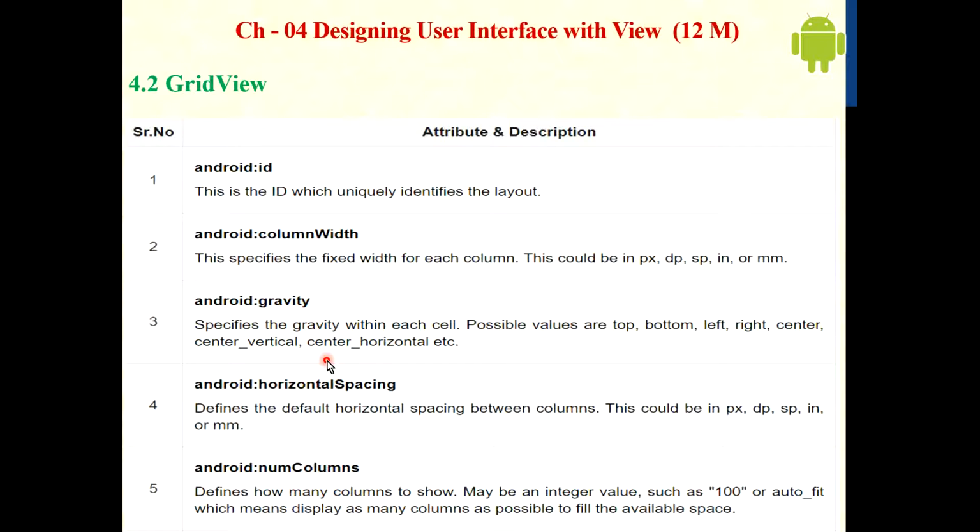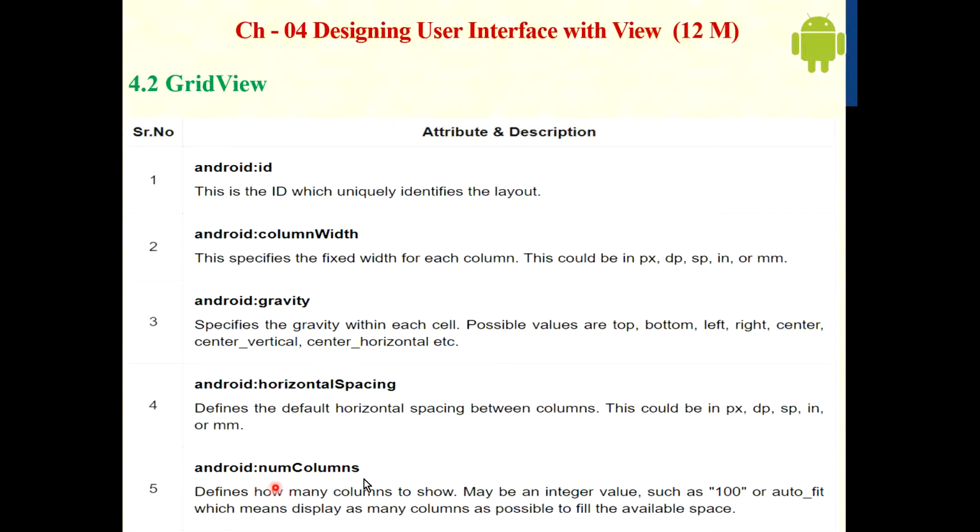Next attribute, android:horizontalSpacing, defines the default horizontal spacing between columns. The units of these attributes are the same: px, dp, sp, in, and mm. The next one, android:numColumns, defines how many columns to show. It may be an integer value such as 4 or 5, or auto_fit, which means display as many columns as possible to fill the available space.